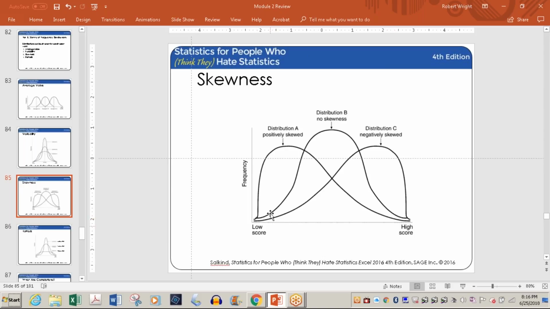Likewise, here's your perfect bell curve. The normally expected number of people got lower scores than the mean, people around the mean, then a few got above the mean. And here you have what is called a negative skew. Here, a low number of people got below the mean and a whole bunch of people got above the mean. Now, looking at distribution A, the positively skewed, and distribution C, the negatively skewed, if these were test results, what would it tell you about the test? What was the test for distribution A? What was that like?